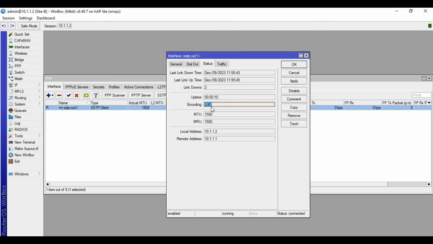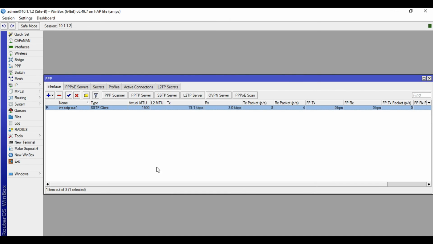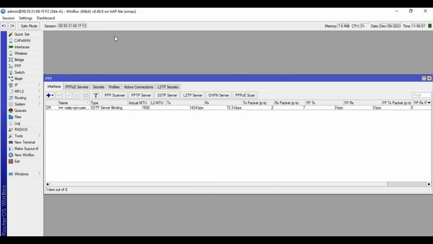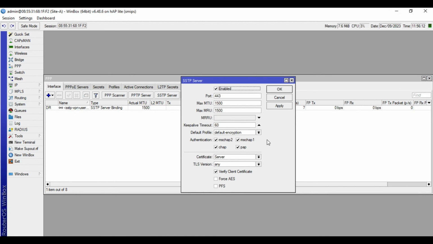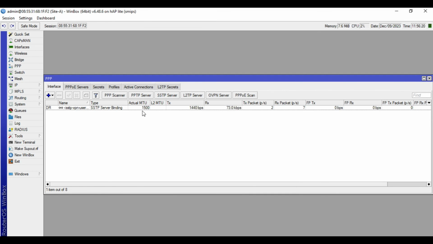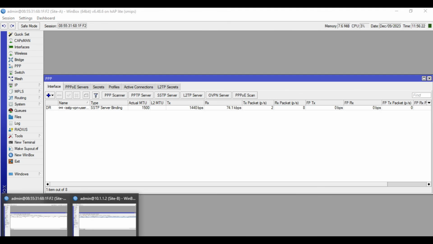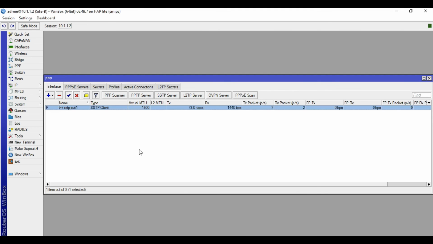If you want to change this encoding back to AES, you can just go to the VPN server setting in your site A, click the SSTP server button, then you can click force AES, and then okay. So when you will reconnect again the site B,